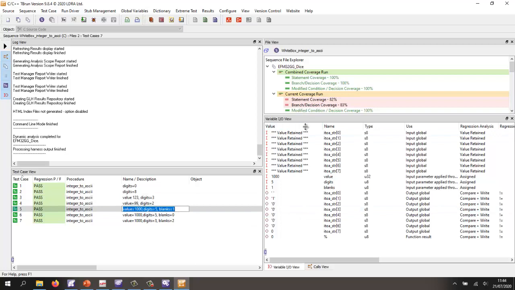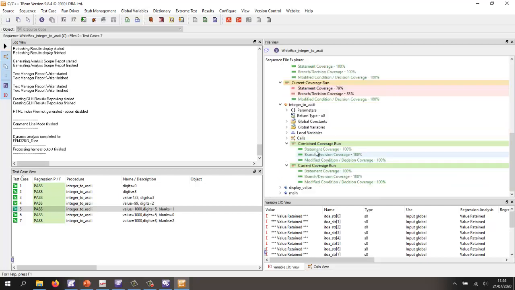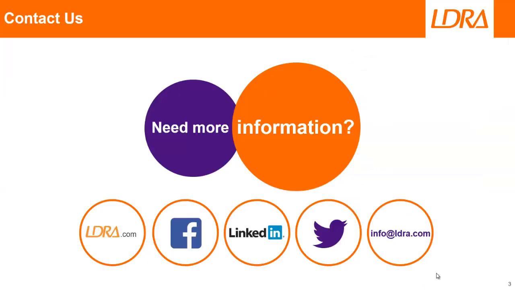Right, what about the coverage? Well, let's go and take a look at the integer to ASCII. And now we should be able to see that we have 100% statement coverage, 100% branch decision coverage, and also 100% MCDC. Okay, so hopefully that's given you a quick overview of how we can work with Silicon Labs Simplicity